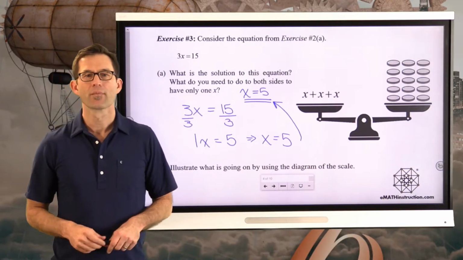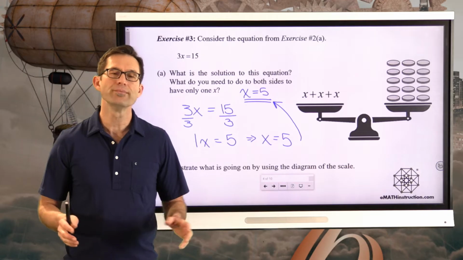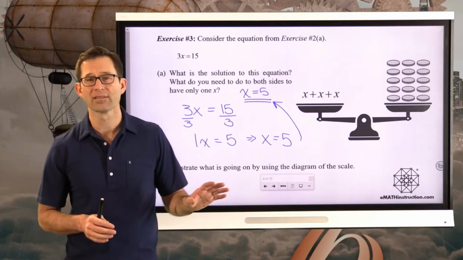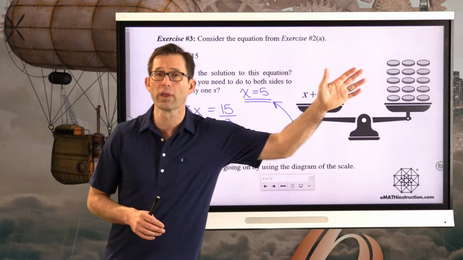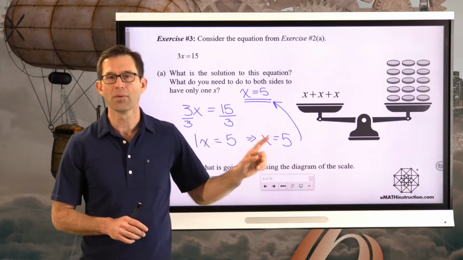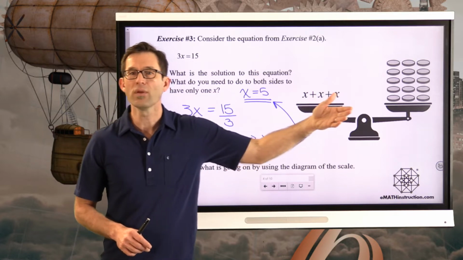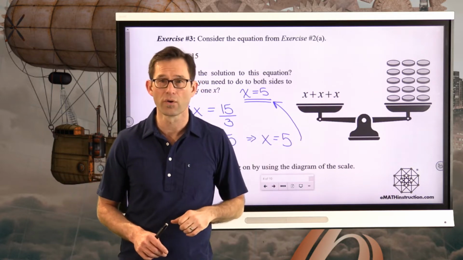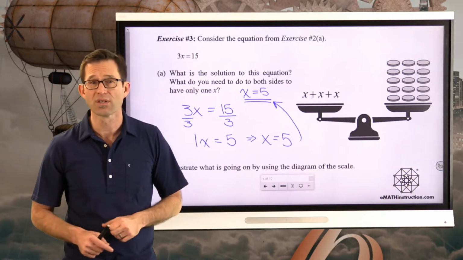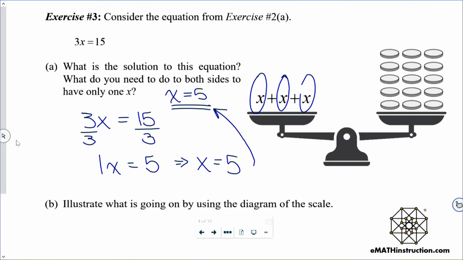Now, letter B says illustrate what is going on by using the diagram of the scale. All right, so when we looked at the scale in the last lesson, all we were doing was removing 3 blocks from both sides, which was pretty simple to illustrate. Here it's a little more complicated, but keep in mind that what 3 times x means is x plus x plus x, and then we've got 15, let's say, coins over here. Now, what does it mean to divide both sides by 3? Well, what it really means is that I'm dividing both of these things up, and what that means is that 1x